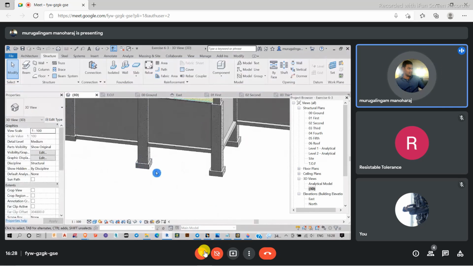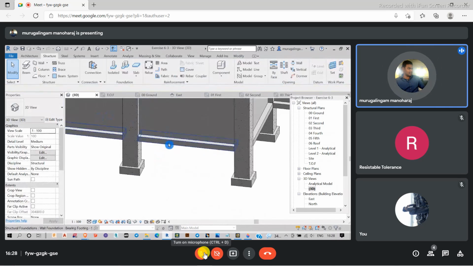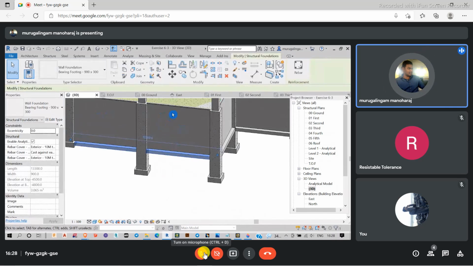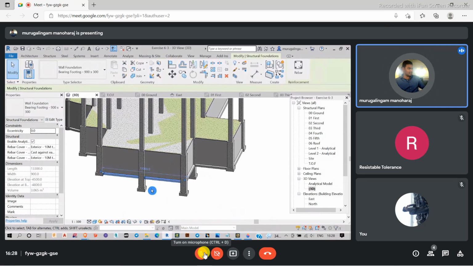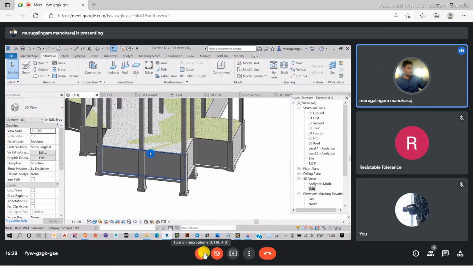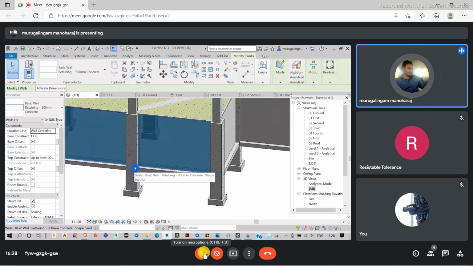I just increased the height of these two portions. So to see how the wall can be adjusted in height, the wall will adapt to this side. What I'm doing is selecting the wall here. I have selected the wall. Then I'm just clicking this portion